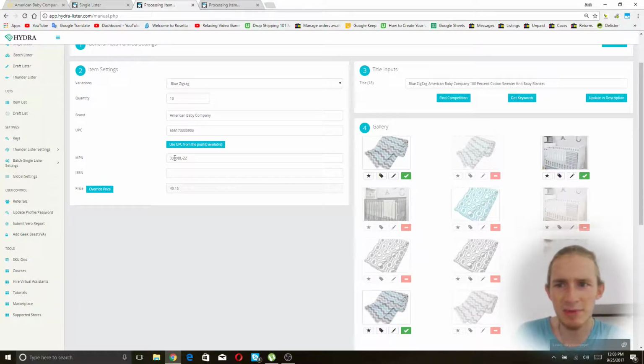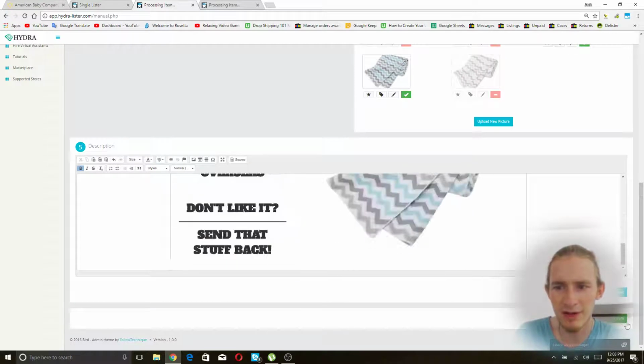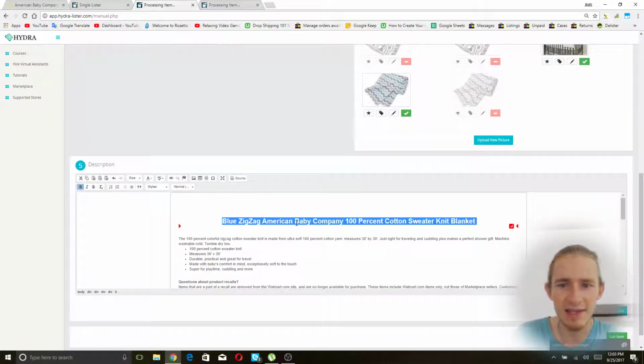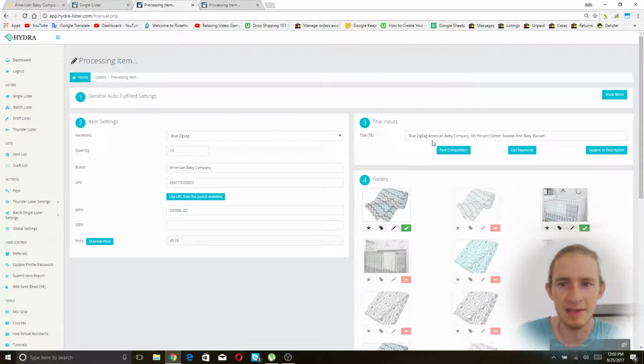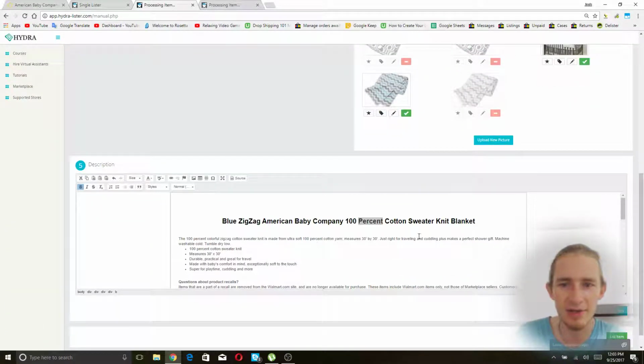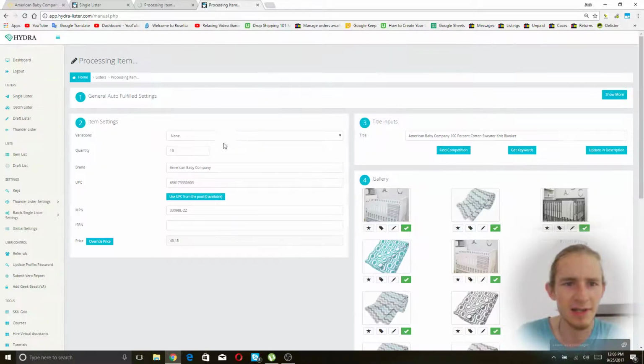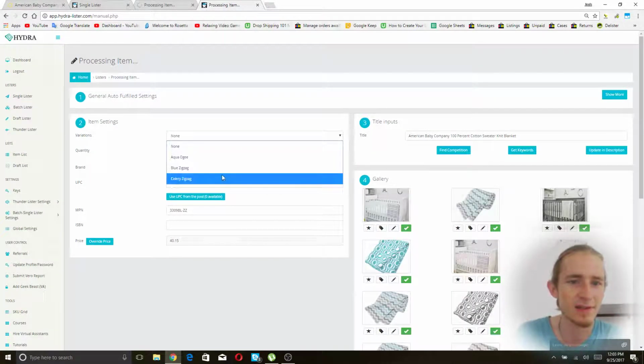And blue zigzag, good. All right. Oh, so if I ever wanted to, I can just see how I change the title up here. I can click this update in description button, and it's going to change the title in the description to match my title up here. So I don't actually have to copy and paste this blue zigzag thing and put it down here. It's going to auto do it as long as I click the button. So now we're going to click list item and move on to the last variation of this item, which is